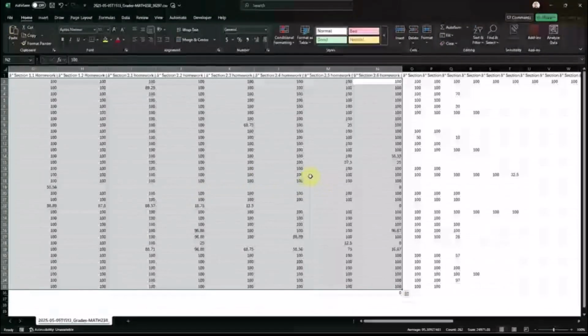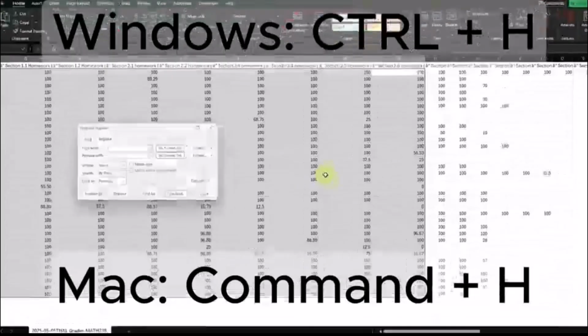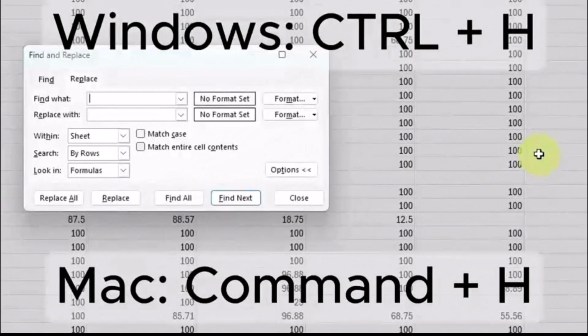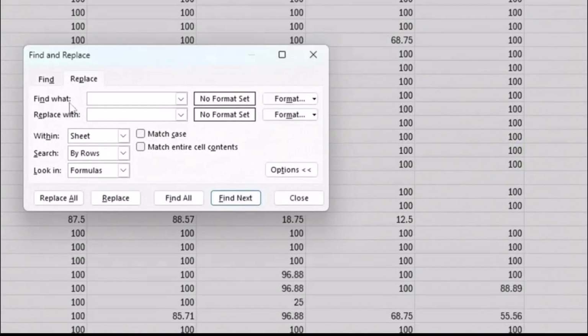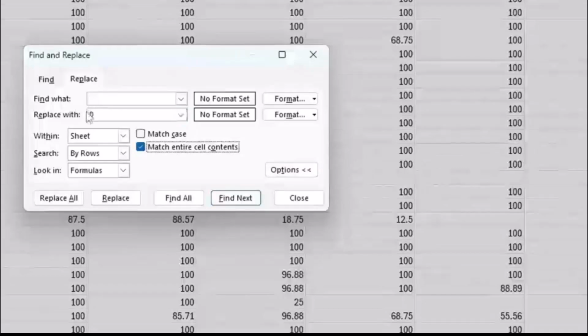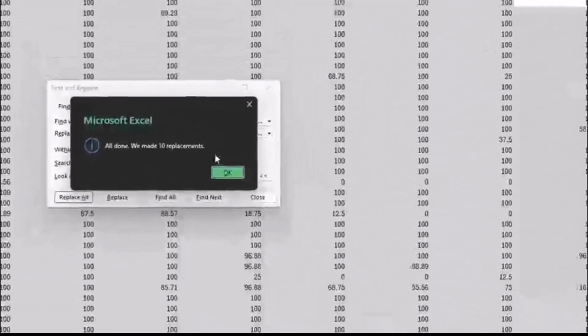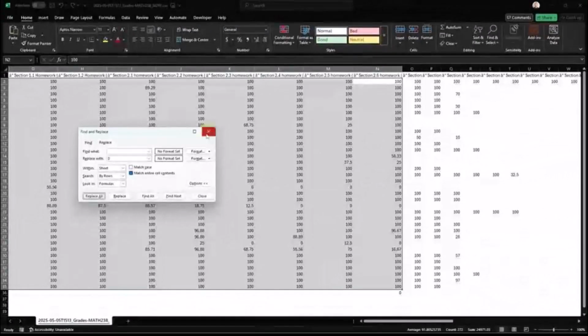And then what I'm going to do is press Control H or Command H, depending on your machine, to bring up this Find and Replace window. Anything that's blank, which is just type nothing, I want to replace it with a 0. And then I'm going to match the entire cell contents, just in case it interprets a blank as part of any of these other cells or anything. I'm going to hit Replace All, and you'll see where these blanks are, they will get replaced with these zeros. It'll tell me how many occurrences, and then I can go ahead and close out.